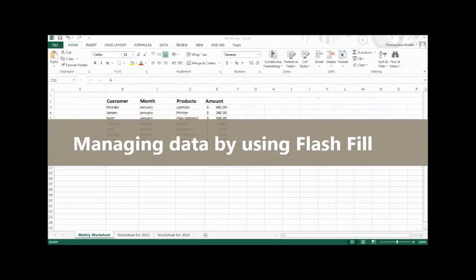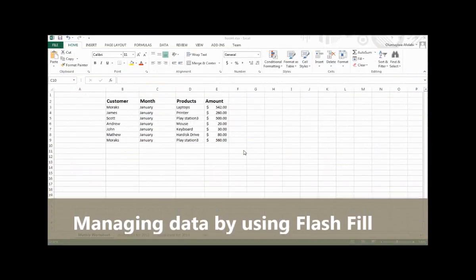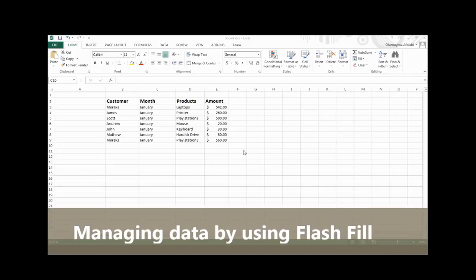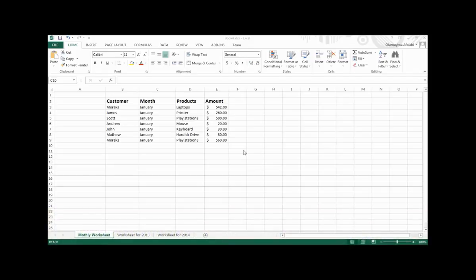When you manage data in Excel, you will often find that you want to combine values from several cells into a single value. For example, High Chronicles Messenger might have a list of individuals to contact about arranging bulk shipping contracts for their companies. The contact name might be in 3 columns such as last name, first name, and initials. So in this chapter, we're going to learn how to manage data by using FlashView.